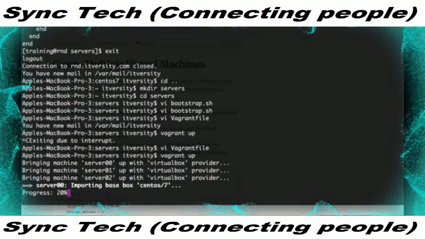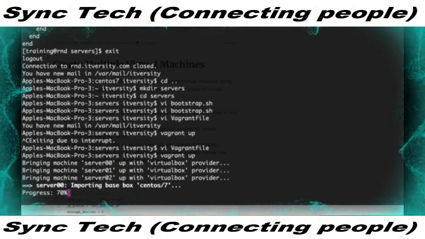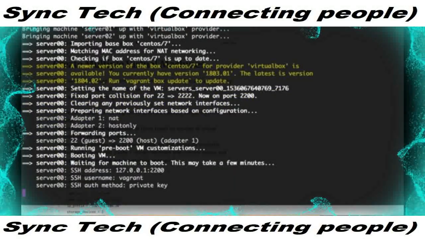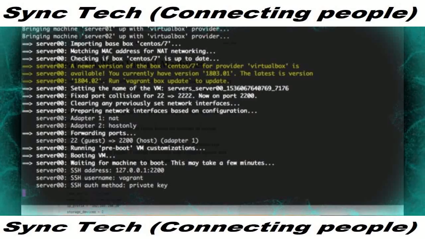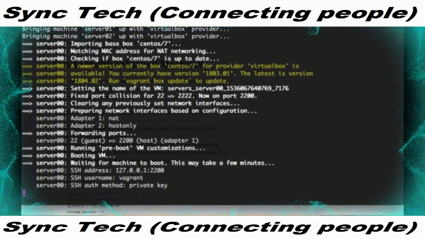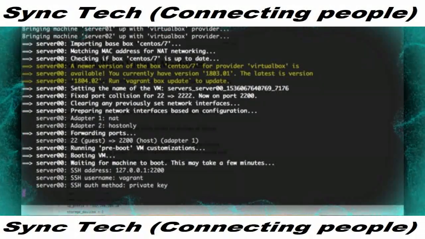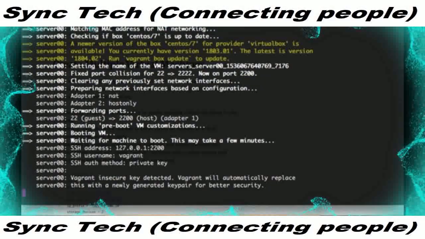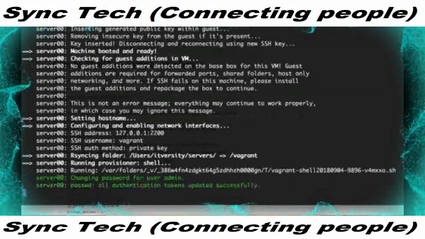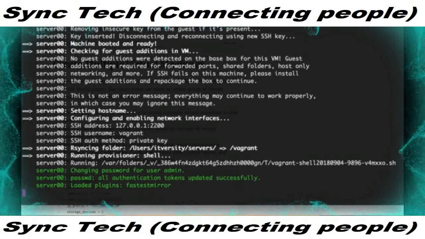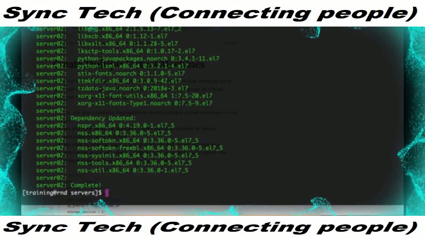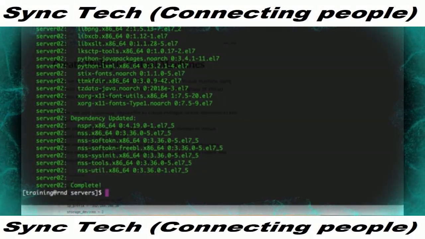One caveat with respect to VirtualBox is, unlike with KVM where the virtual machines are created in parallel, here they will be created serially. So it will take a bit more time than the time it took to create virtual machines on the Linux server with KVM. But it saves a lot of time in setting up network and all those things. Depending upon the number of machines you are trying to create using VirtualBox, the amount of time can increase linearly because all the machines will be created one after the other. Whereas on libvirt, they are created in parallel, and within a minute or two, you will get all 7 virtual